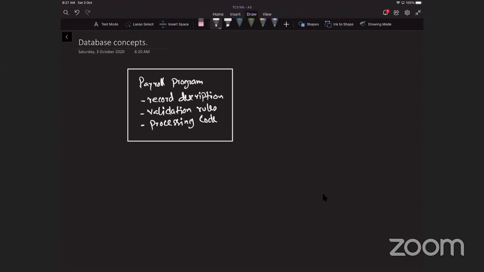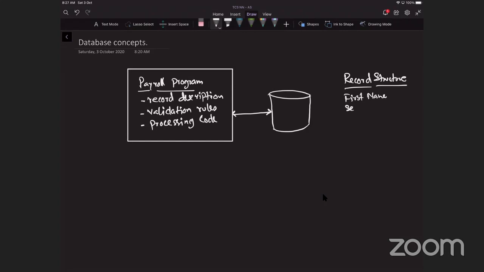And it is saved in a disk. The record structure is, let's say, first name, second name, address, phone number, and staff number.